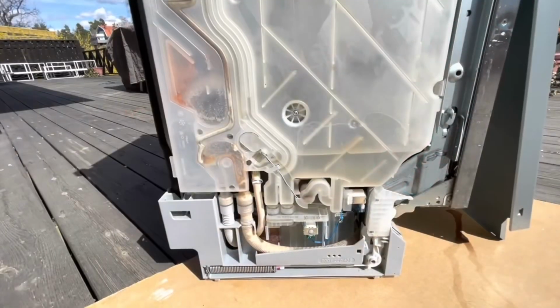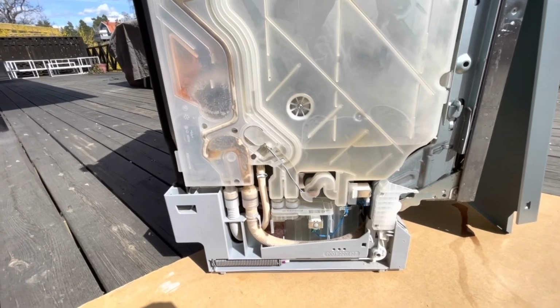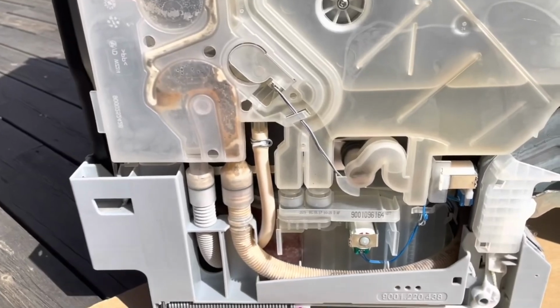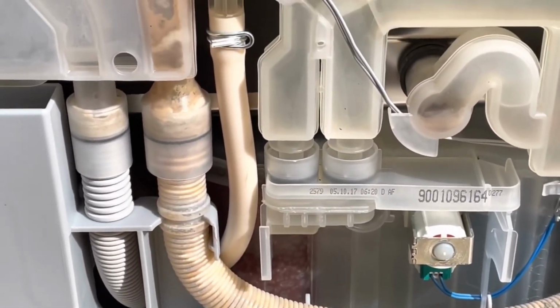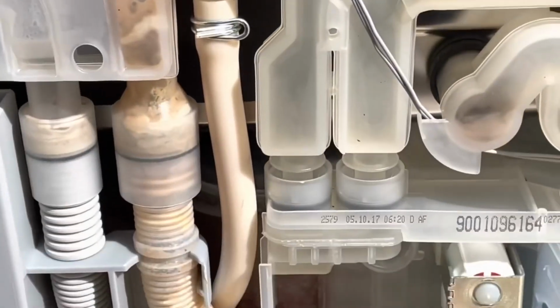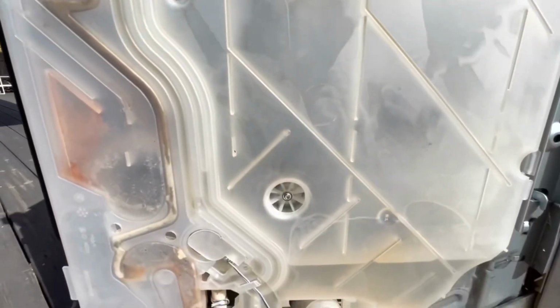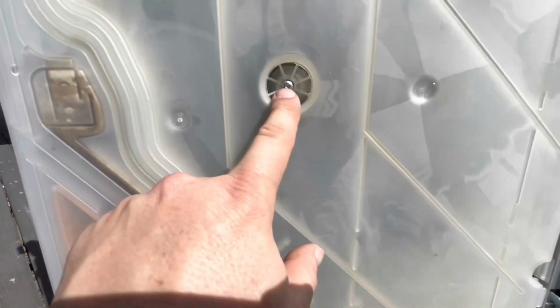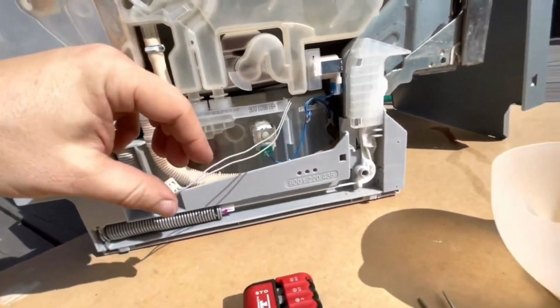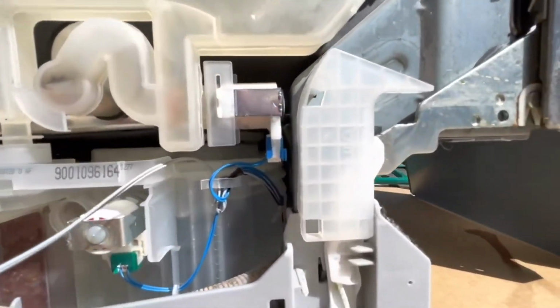Okay, the side is now open, and I realize there's plenty of stuff in there that shouldn't be there. You see, it's very dirty. I'll try to figure out how to open this, see what I can do. First I'm going to unscrew these 2 screws, that one and that one, with the torque screwdriver. Then I'm going to disconnect this gray cable by pulling it down like that. And then this blue cable by,